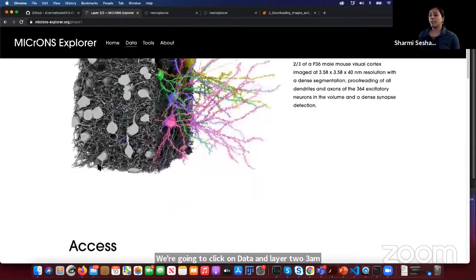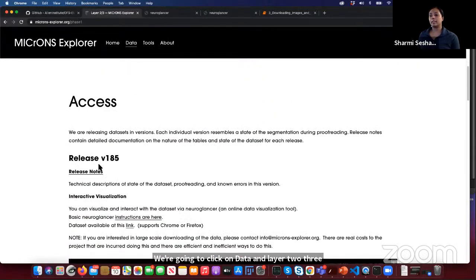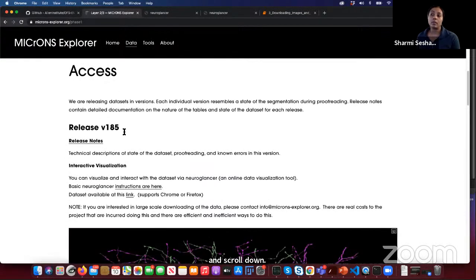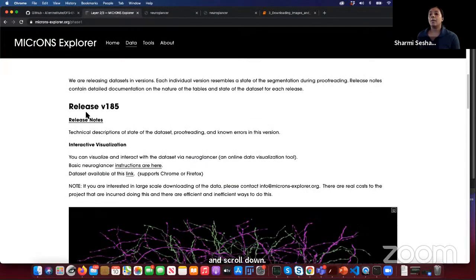And scroll down where it lists the different releases of the data. So far, we have only one release, but in order to actually view this data set, you can click on this link here where it says data set available at this link. And if you're using Chrome or Firefox, it should easily open up in a new tab,